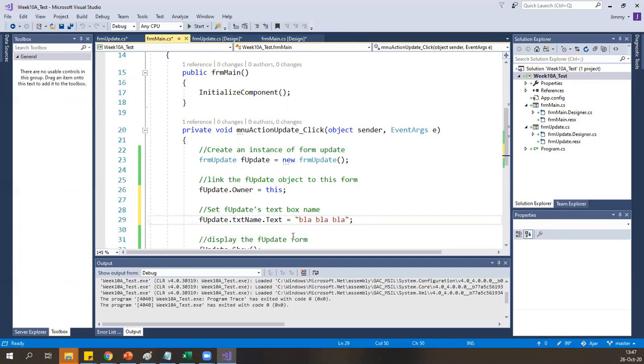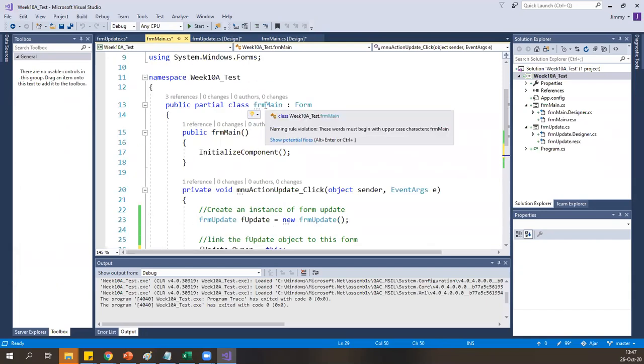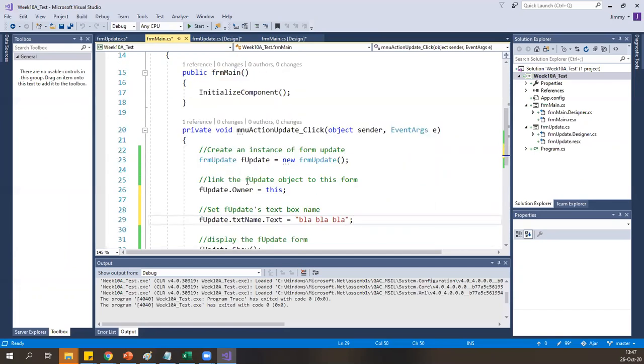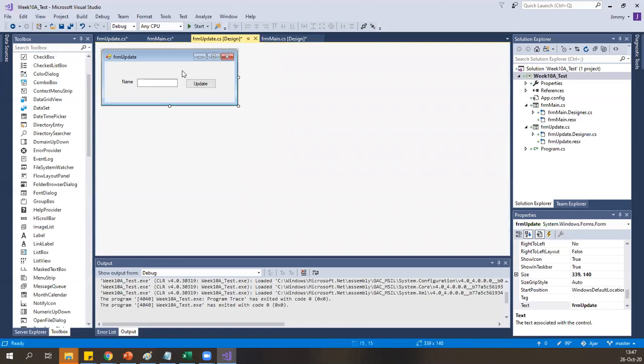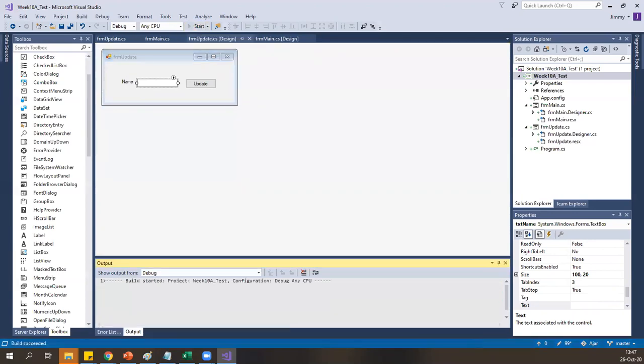You see here, this is form main. Remember, this is form main, right? But within form main, I can update the text box txt name of fupdate. Fupdate is another form, it's this form. This is txt name of frm update, not frm main. So if I do this,